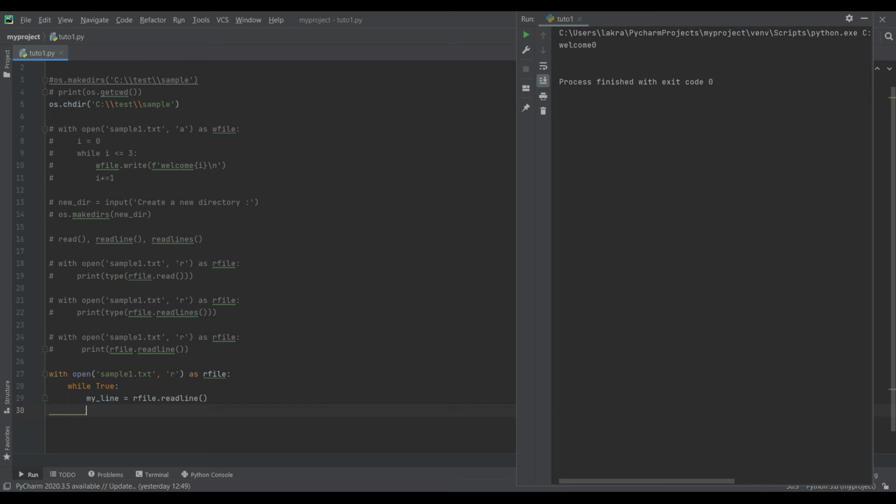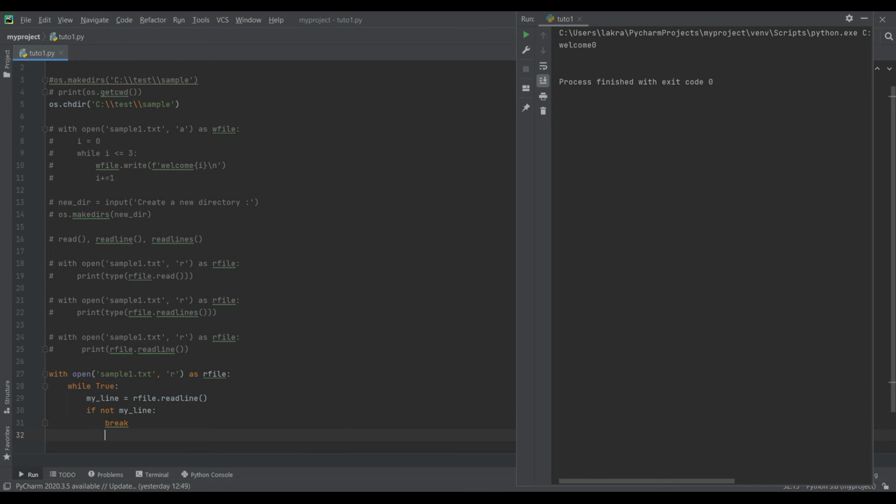So I will put a condition over here. If not my_line, sorry, my mistake, if not my_line, then I will break this loop. I'm going to break this loop,